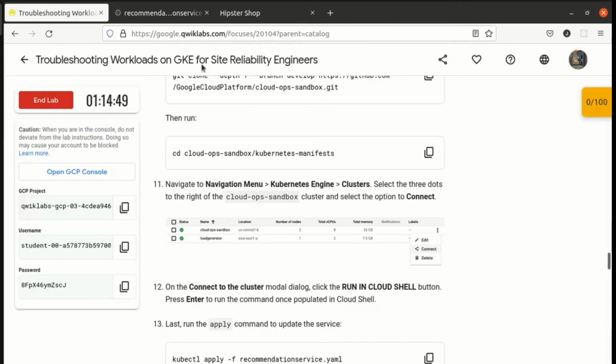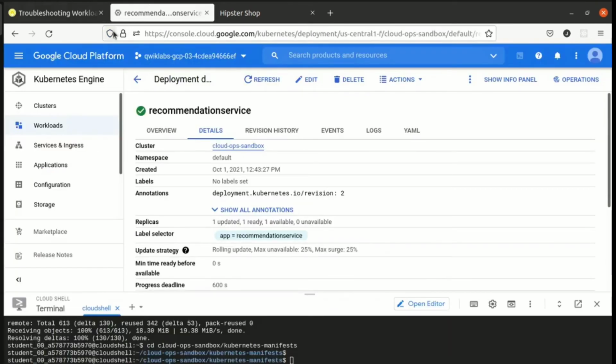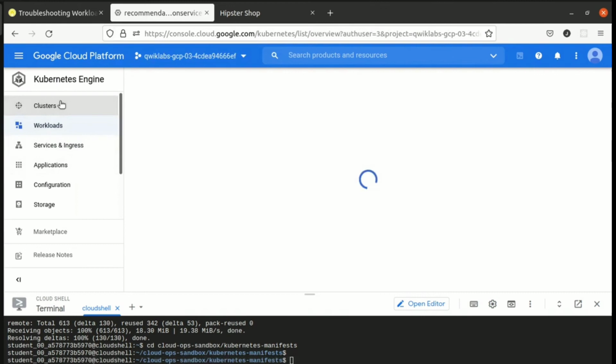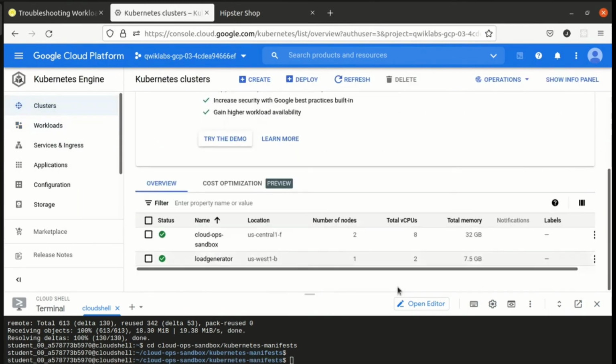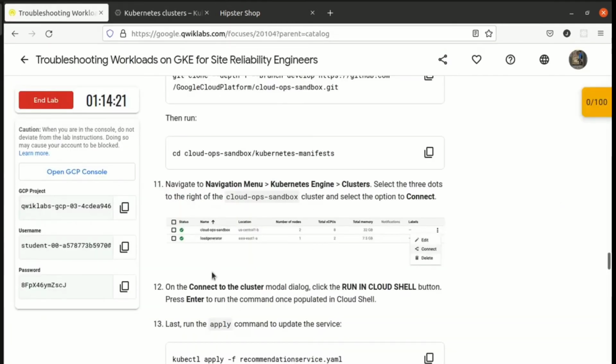We have to see this first. Let's see if it is available over here or not. For that, we will be doing simple things. Okay, guys. So I will be redirected to the clusters. This is the cluster. As you can see, guys, we are over here, and you can see these two things.